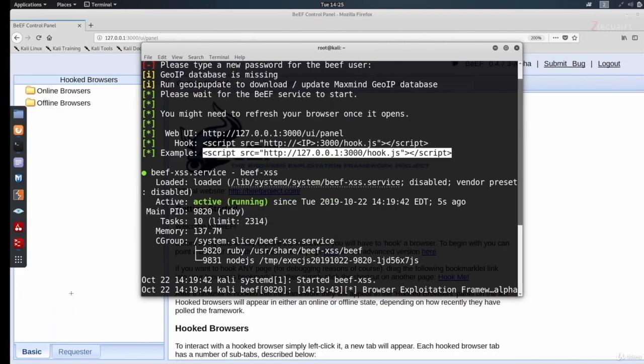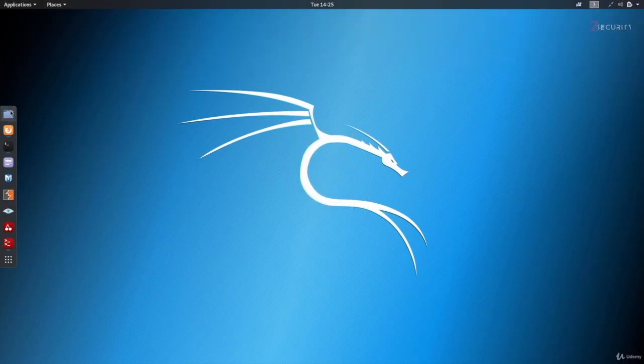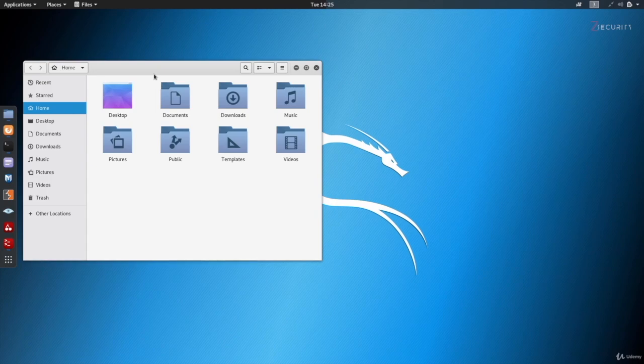So let's go back to Beef, and like I said, this is the code that we want our target browsers to load or execute. So I'm going to copy it, and I'm going to open my file manager and go to my web root. You can either press Ctrl L on your keyboard or click in the path bar and press the /. This will open a path text box where you can type the path that you want to go to, and I want to go to var